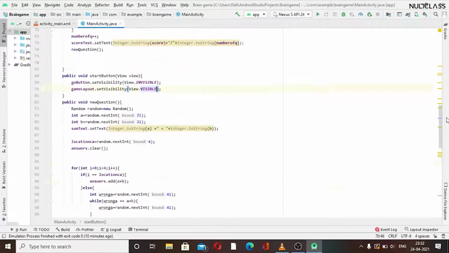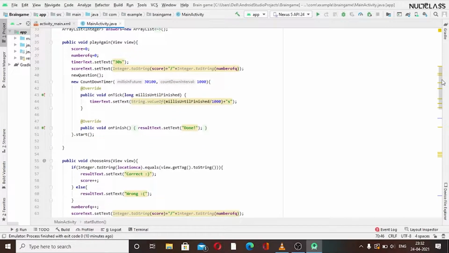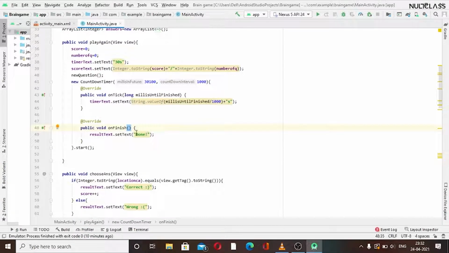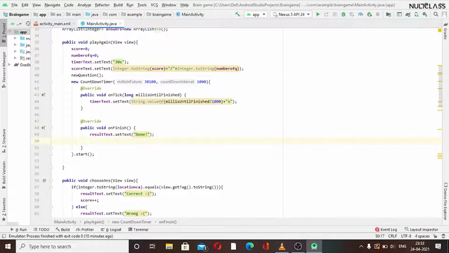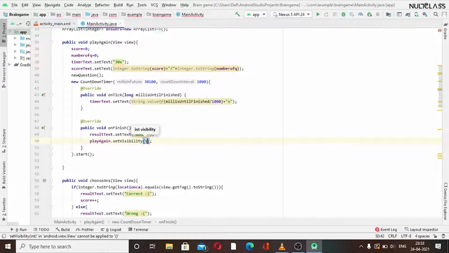I think all the things are ready. We just have to do one task. On finish, whenever the game is finished, we want to show the play again button. So here we will set the visibility of the play again button to be visible. As we haven't changed the visibility here, this should be visible.